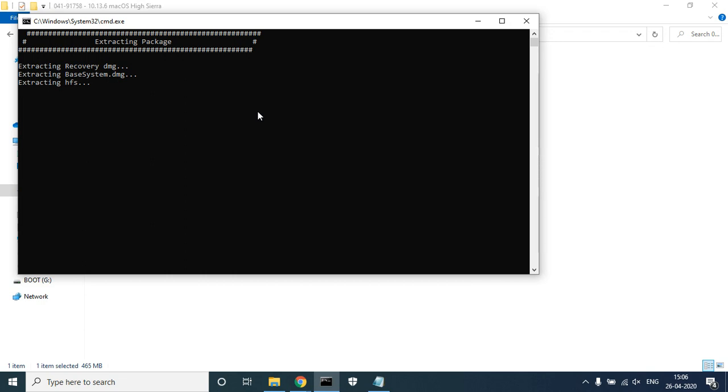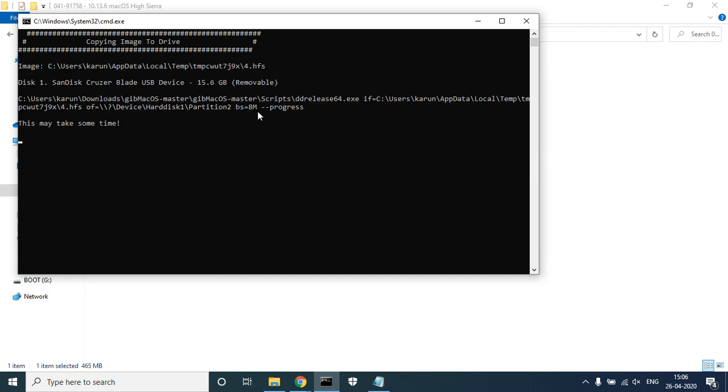It is extracting this file, which is the format which Apple partition recognizes easily. You can see it has extracted the file and the name of the file is 4.hfs. It will take some time to write it to the second partition. Meanwhile,